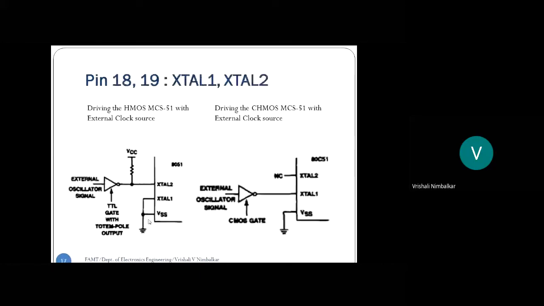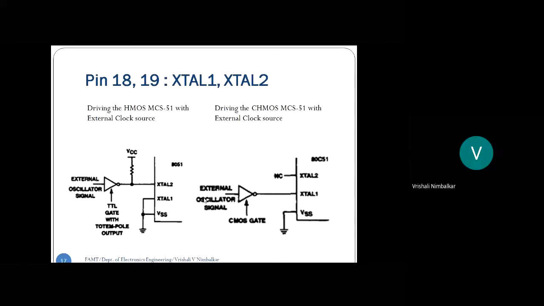So I have shown it here. See, it can be a simple inverter. There is an external crystal oscillator. The output of it goes to a TTL inverter gate, and from that inverter you will get a square wave which you will connect to XTAL2. Correct? So that's how you give a TTL square wave as input.